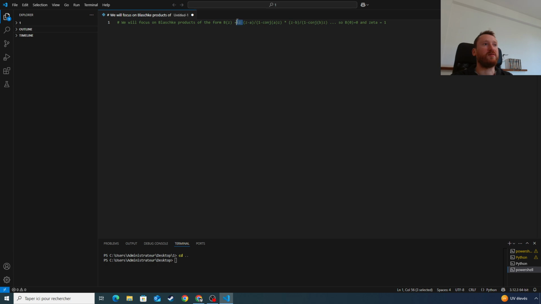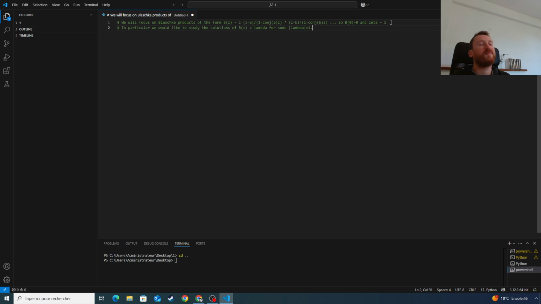So in particular, you have this little z. At least we ask at least one of the zeros of B to be 0. And in fact, it's not really a restriction, but we will see it later maybe. In particular, we would like to study the solutions of B(z) equal lambda for some norm 1 complex number lambda.